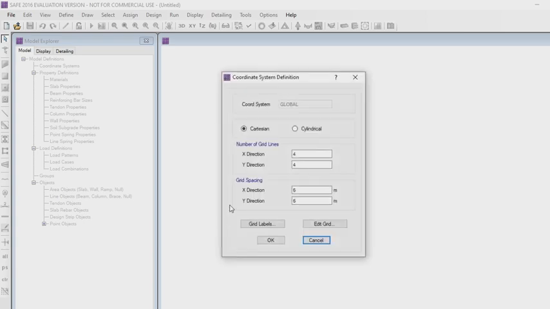Select the grid only option. The number of grid lines in x direction and y direction is 19. Spacing in x direction and y direction is 1 meter.